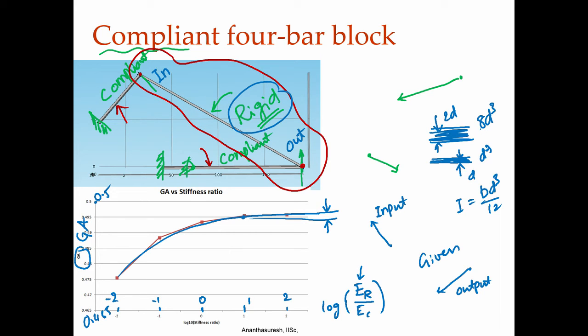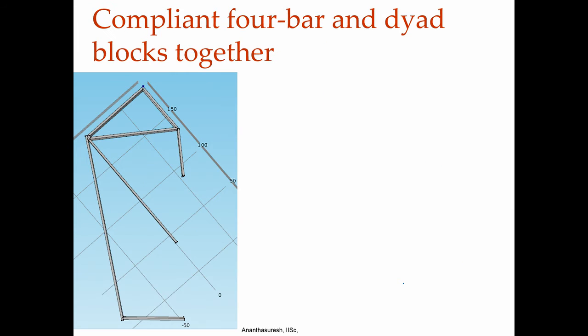So, getting 10 times or 100 times is not that difficult, you do not have to really change material as it is intended here. So, relatively rigid, when you say, you should be 10 or 20 or 50 or 100 times more rigid than the compliant segments, more stiff than the compliant segments. Okay. Using these, compliant diode and compliant 4 bar, this paper puts forth a method where if you have